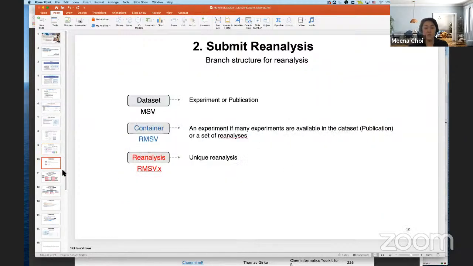So how MassIVE-quant structures it is that MassIVE-quant supports branch structures. At the top, the high level, we start from the dataset. It could be one experiment or one publication. MassIVE-quant gives an ID starting with MSV followed by a number, like 000 or something like this. This is the ID for the specific dataset. Under the dataset, we can make several containers, right? Each container also has a new ID starting with